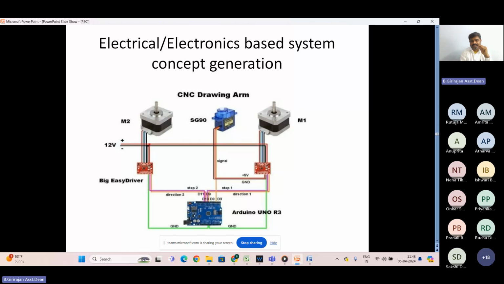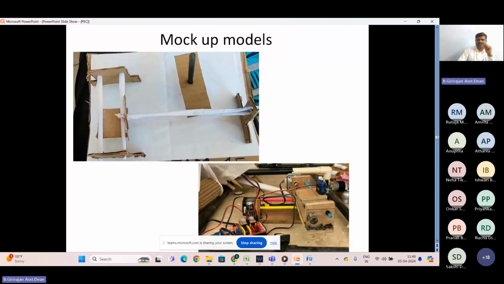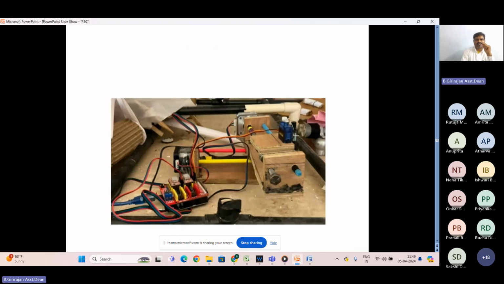Another low fidelity model explains the parts used in the product, but it is not a working one. It explains how we can design it. The top one is simply a chart paper and cardboard sheet, and the bottom one is real-time hardware used here. It could be arranged in a proper way, and for explaining, it is dismantled and shown here. This is a writing tool for special children. We have a number of boards here for moving the stylus and writing.